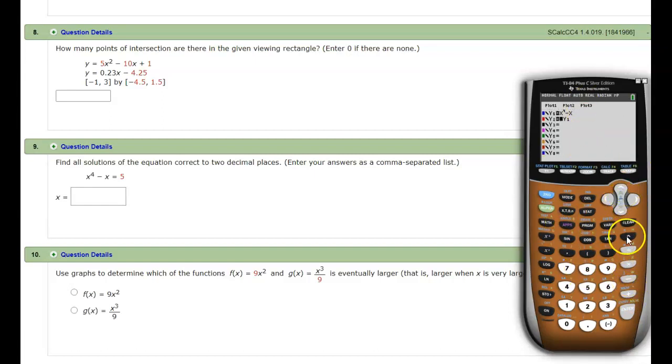And in y2, I'm going to clear that and I'm going to type just 5. So I want to know where these two graphs intersect in order to see where I can find solutions for this one equation. So this is kind of an application to intersections. So if I graph this,